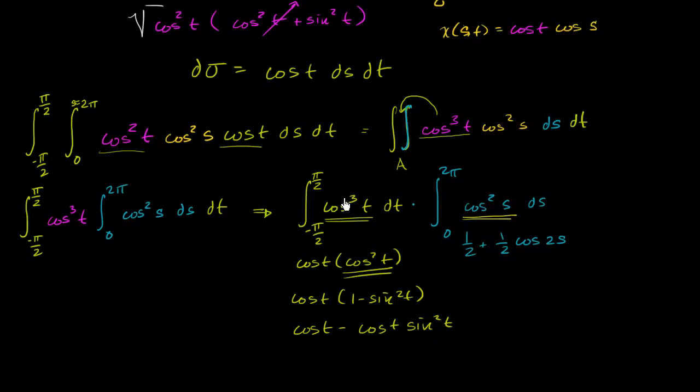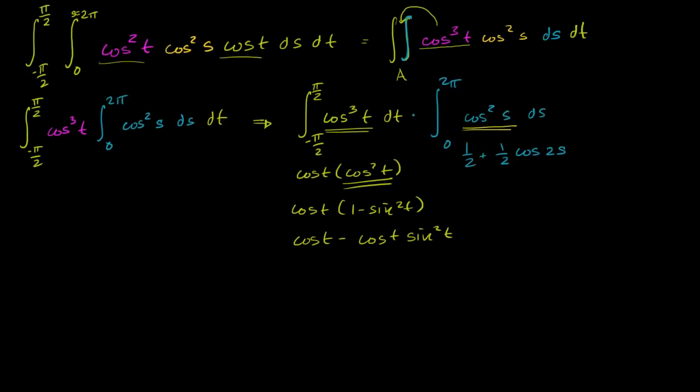And you might say, wait, this looked a lot simpler than this down here. That is true. It looks simpler, but it's easier to take the antiderivative of this. Easier to take the antiderivative of cosine of t. And even over here, you have the derivative of sine of t, which is cosine of t. And so essentially you can do u substitution, which you probably can do in your head now. So let's evaluate each of these integrals. So this one, let me rewrite them just so we don't get too confused. So we have the integral from negative pi over 2 to pi over 2 of cosine of t minus cosine of t sine squared of t dt